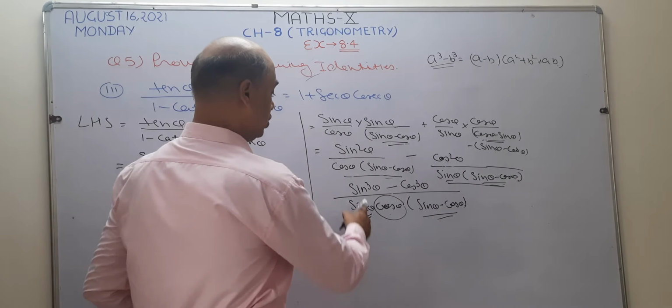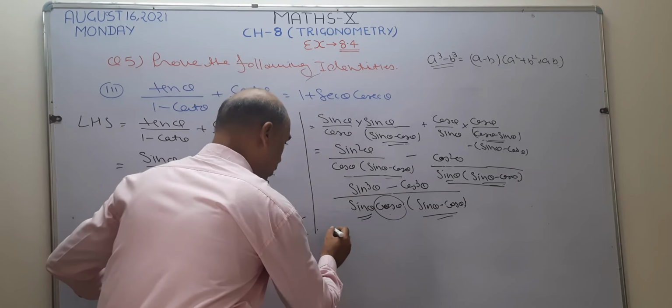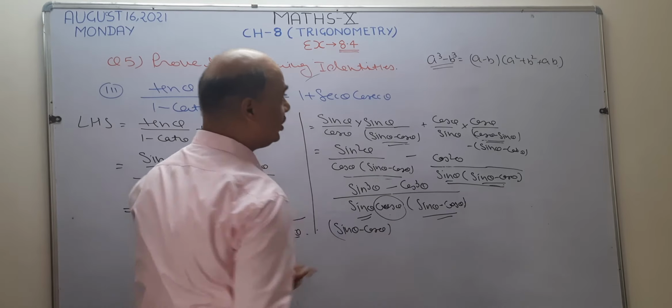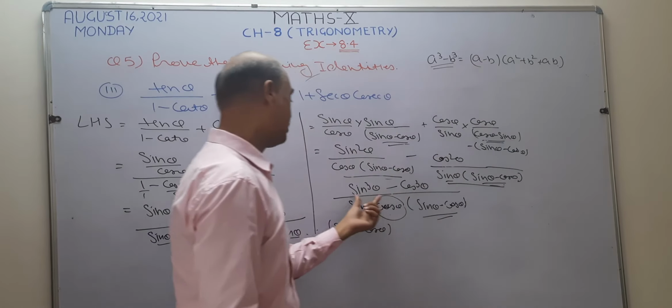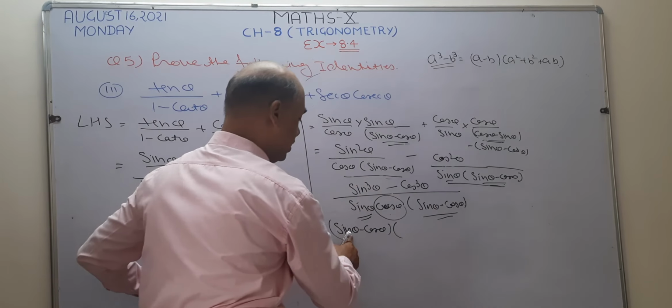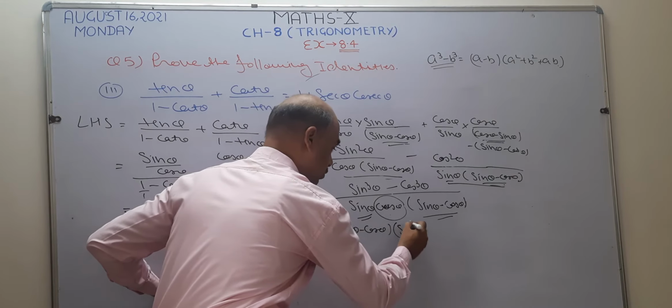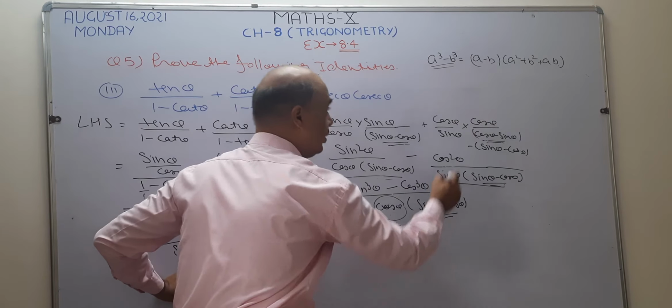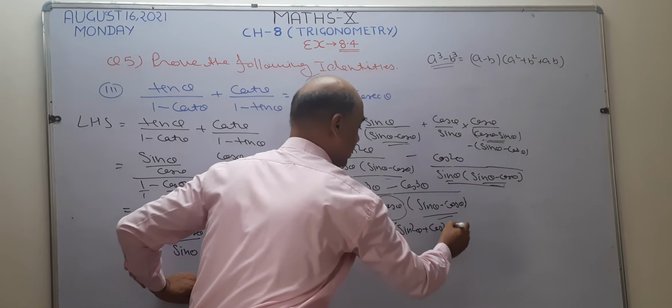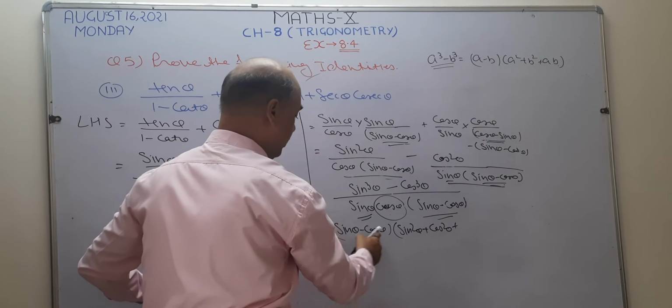Okay. Now this is your A and this is your B. So I want to write here sin theta minus cos theta, because it is given A minus B. So this becomes sin minus cos. After that, what do I write here? A square. A means sin square. I write here sin square theta. After that, plus sign is there. B square. B means cos square theta. So write here cos square theta. After that, plus sign is there. A into B. A into B means sin into cos.